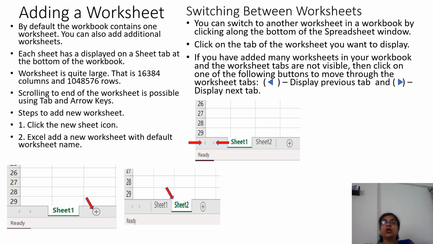That is the fifth chapter. We can add a worksheet. Now, how to add the worksheet? See, whenever you are starting Excel, Sheet1 is already given by default. Whenever you want to add a worksheet, this plus sign icon is there on the sheet tab. Click on this, Sheet2 name will get added. If you have more than nearly 10 or 15 sheets, at that time these buttons will get activated, because all those sheet names cannot be displayed on the sheet tab. So go to previous and go to next sheet. These buttons will be available in that case.